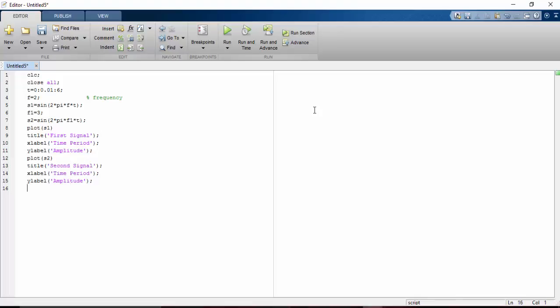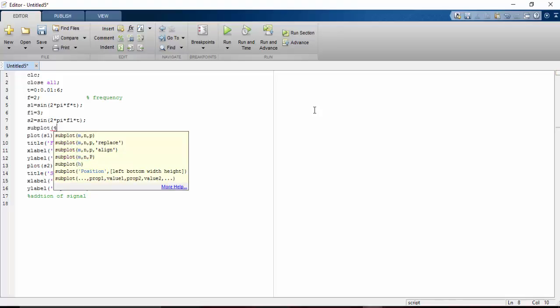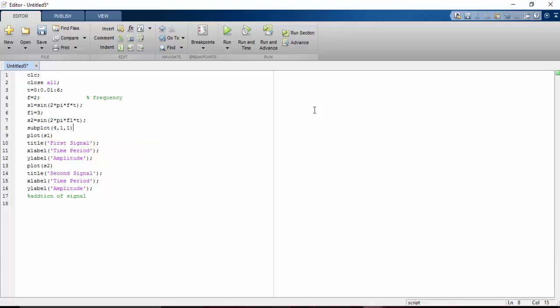So next I am plotting the second signal. I have plotted these two signals, and then I will perform an addition on these two signals. But to plot two, three, four or many signals, we use subplot. Subplot divides the graph into a number of parts. So it may be any part. So here I am taking it as 4, 1, 1 because I require a 4 by 1 matrix. As you know, a 4 by 1 matrix has 4 rows and 1 column.